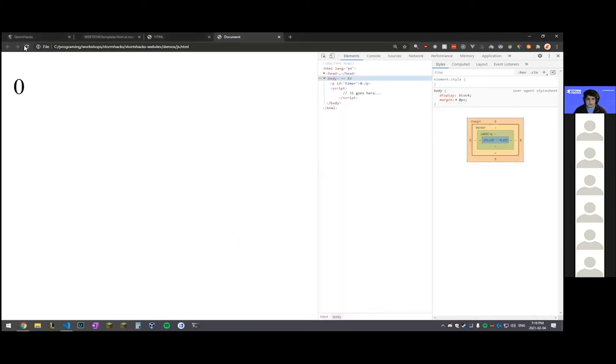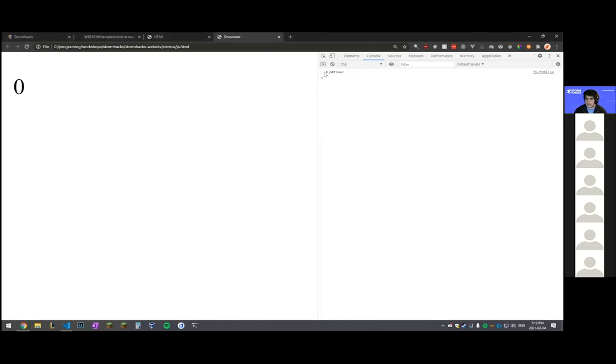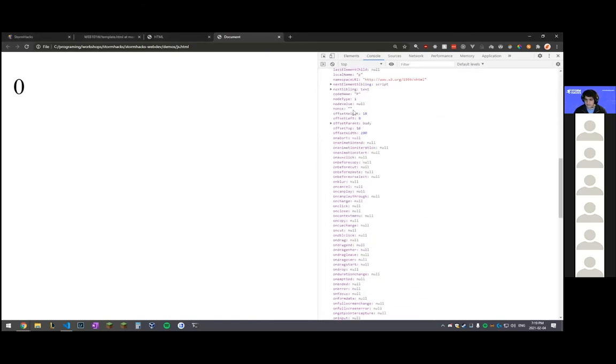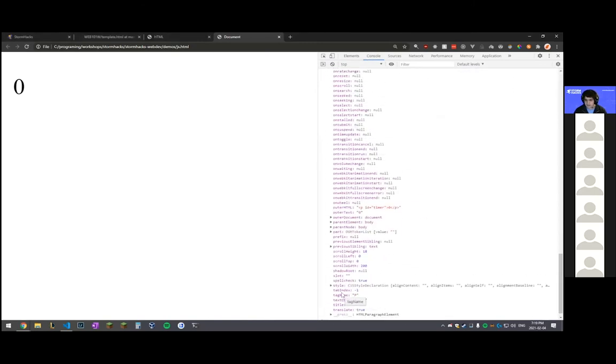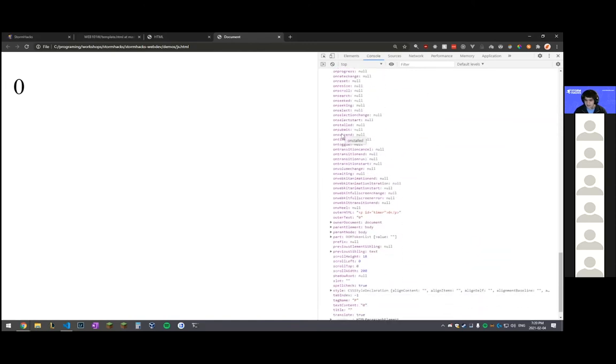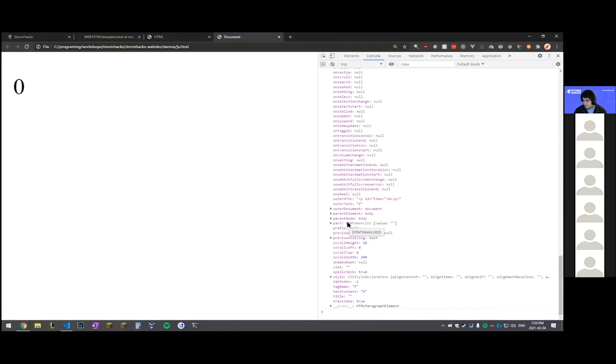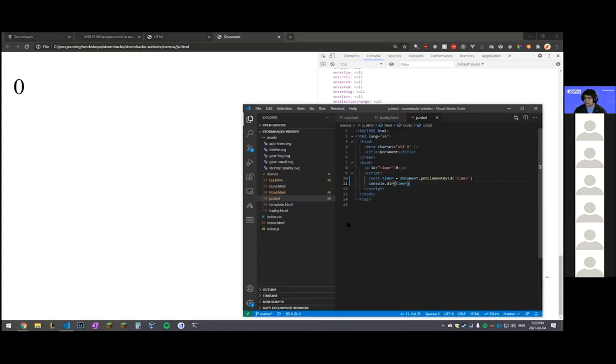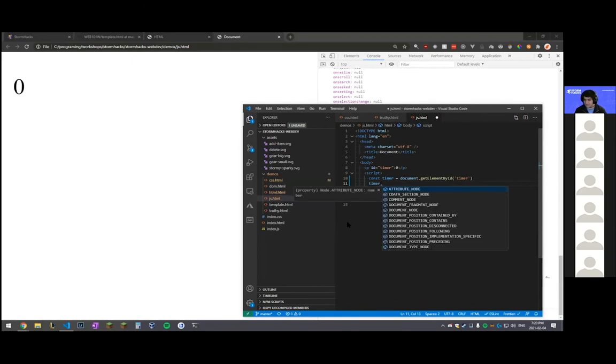So if we load this again, wow, look at all those properties it has that we can access. That's a lot of properties. You almost never want to go through this list. You just Google it. You're like, I have an HTML DOM node and I want to do this with it. I already know because I've done it a lot of times, but we can do,